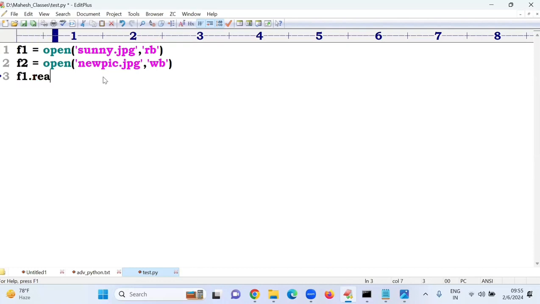How to read the data? You know, read is the function. In F1, you are reading data stored into some variable. What is the variable? Bytes. Where can I write? F2 dot write of bytes. In F2, I am writing that bytes. Print